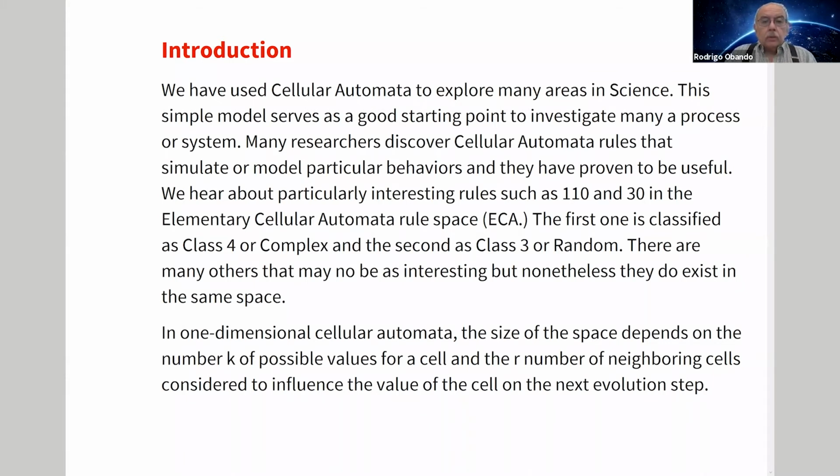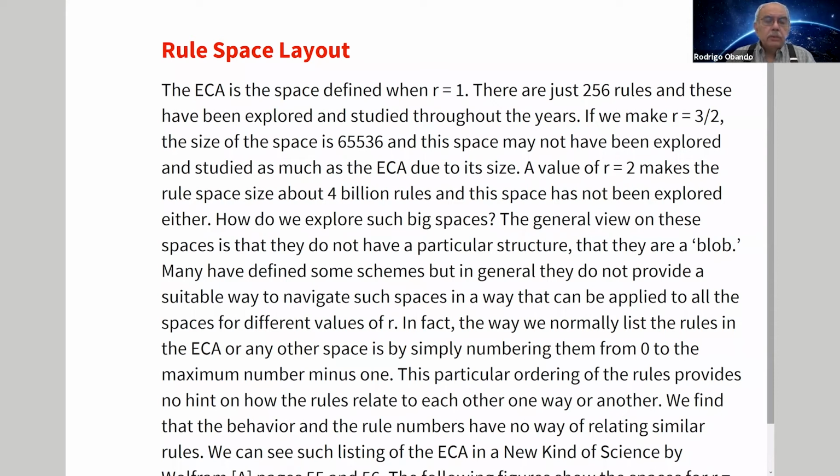So when we take a look, not just at one rule, but the entire space, for instance, when we use r equal to 1, we're considering one cell to the left and one cell to the right of the cell that we're going to be evaluating. So there are 256 rules, and they have been explored throughout the years. They've been used for many explorations of areas, etc. If we make r a little bit bigger, 3/2, which in Mathematica's cellular automata is 2 cells to the left and 1 cell to the right,